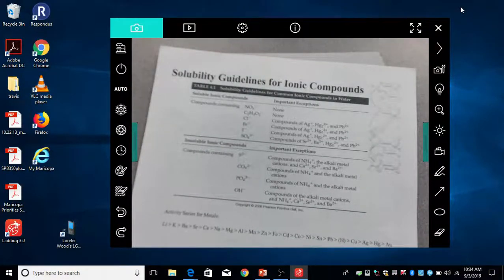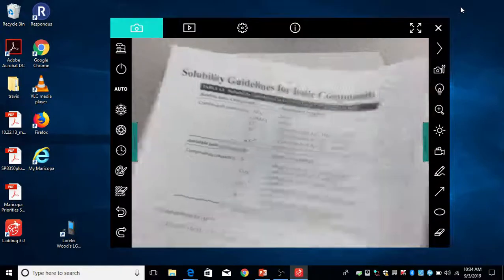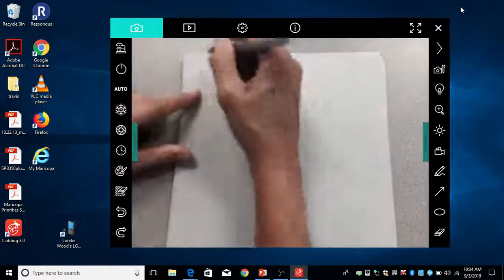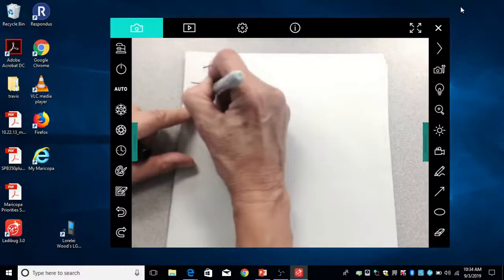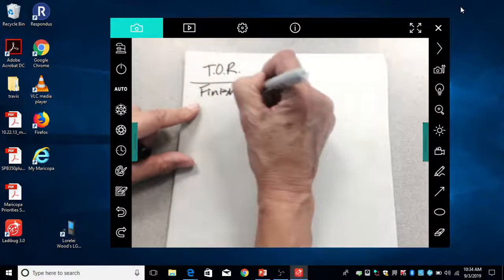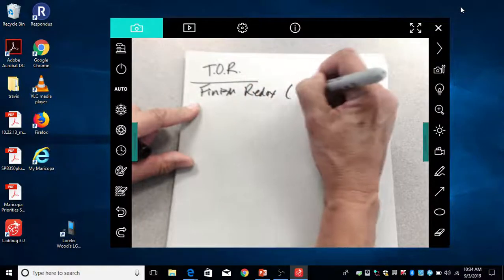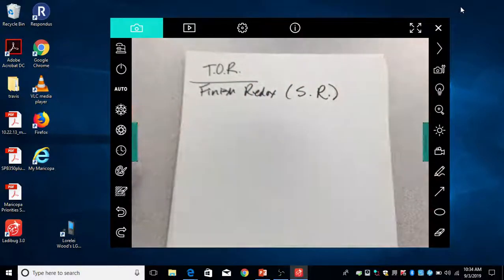Right, this is day 2 on types of reactions and balancing. We're going to finish redox first. Remember, those are single replacement, single displacement, whatever you want to call it. Now, the first type of example I gave you in the redox reactions was one metal replacing another metal in